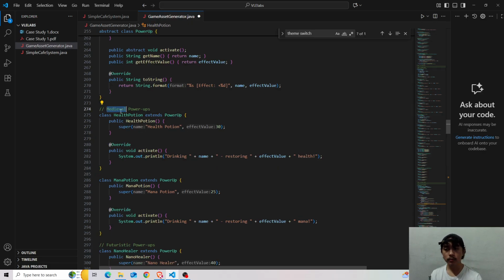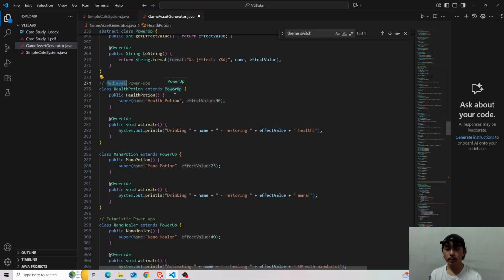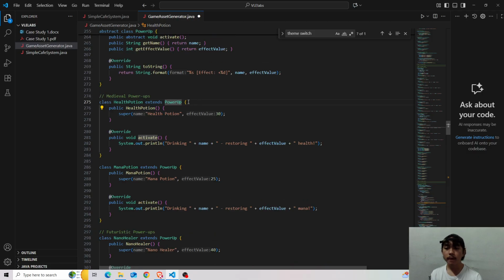So here we have medieval power ups again. For the medieval power ups, health potion extends power up, public health potion. So its name is health potion with a super constructor of string name of health potion and then int effect value of 30.